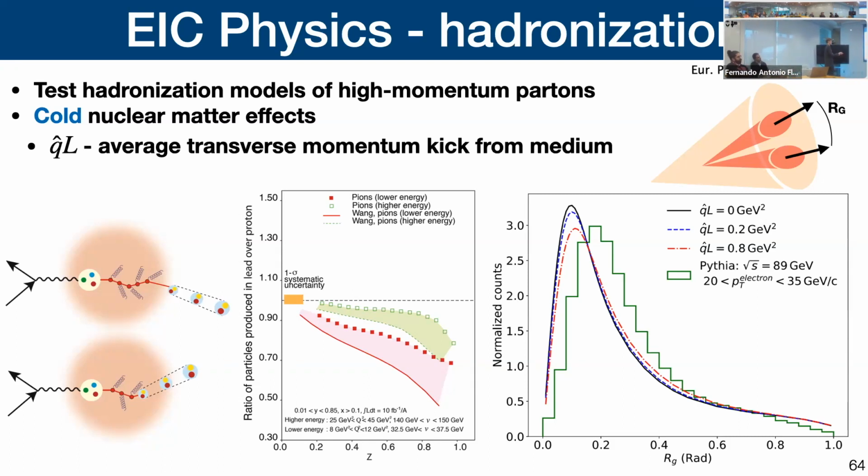Also, you can use those methods I showed you earlier of subjet reconstruction to do studies, for example, of the amount of transverse momentum that individual protons get as they move through the cold nuclear matter. So that's what's shown here. This observable is the angle between subjets and the green jet, which is something you saw earlier. And you can see from models that if they give the proton different transverse kicks, shown by this value q-hat L, you can actually distinguish that. So this is very interesting for constraining hadronization and cold nuclear matter effects.